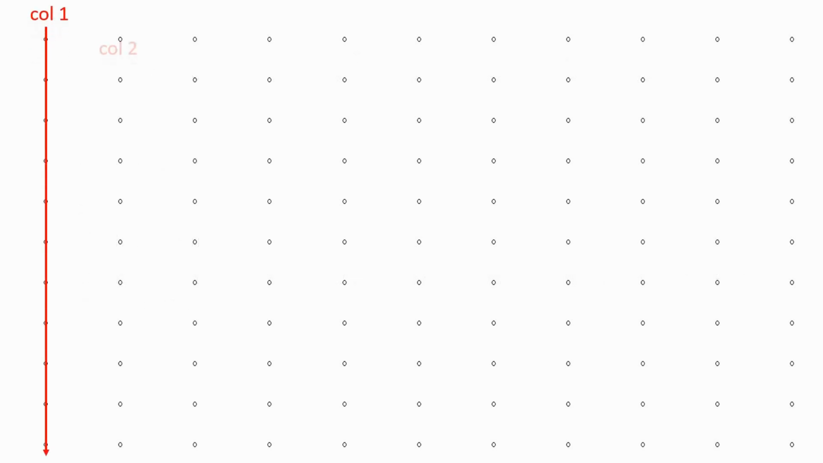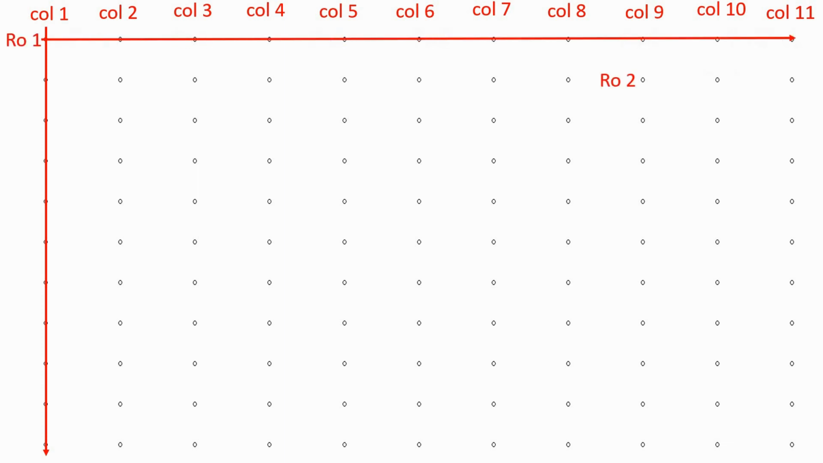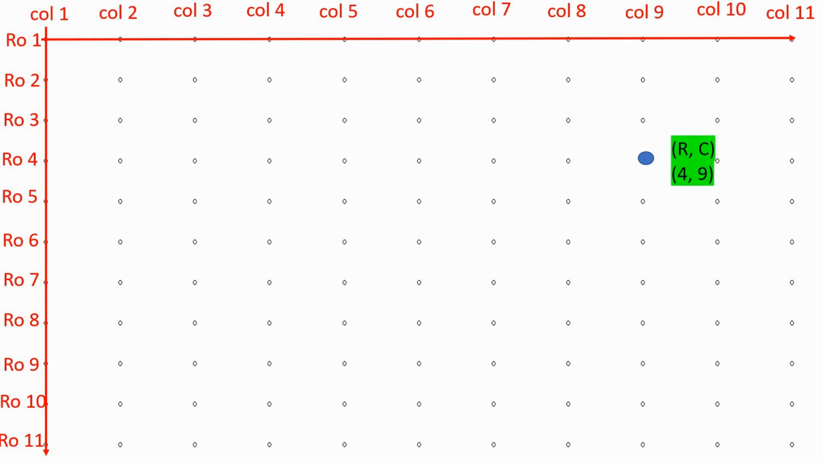So this is the first column, second, third, fourth, fifth, sixth, seventh, eighth, ninth, 10th, and this is the 11th column. These are considered as rows. So row 1, 2, 3, 4, 5, 6, 7, 8, 9, 10th, and 11th row. Each of these points has its own indices, that is row number and column number. For example, this point has indices of 4 and 9, that is row number 4 and column number 9. And suppose there is another point here, and that point's indices are 10 and 6, that is row number 10 and